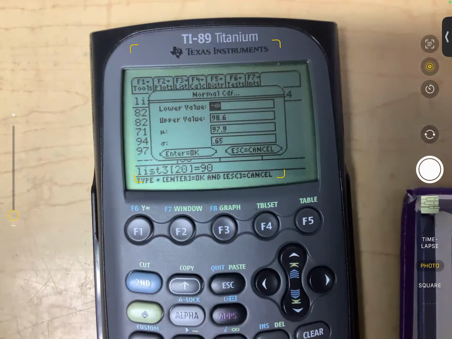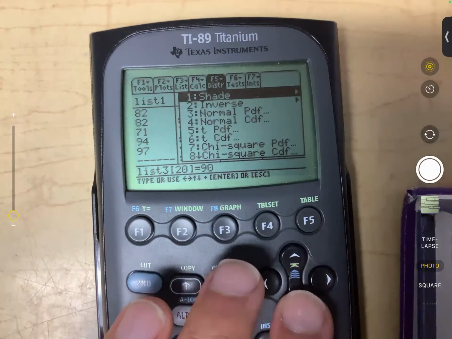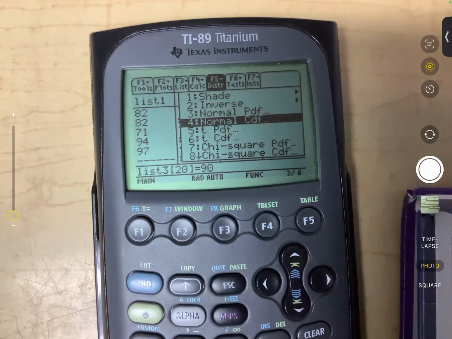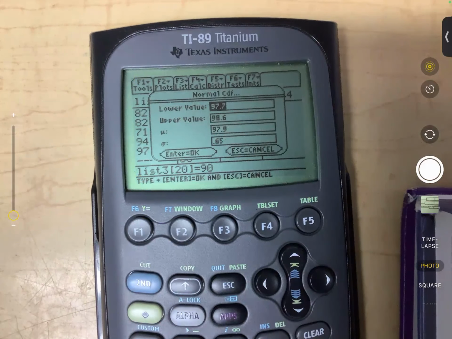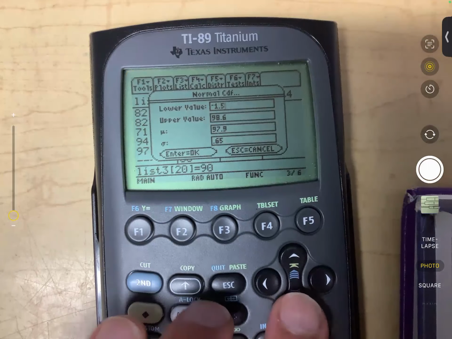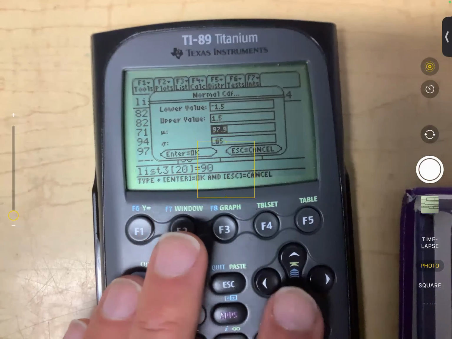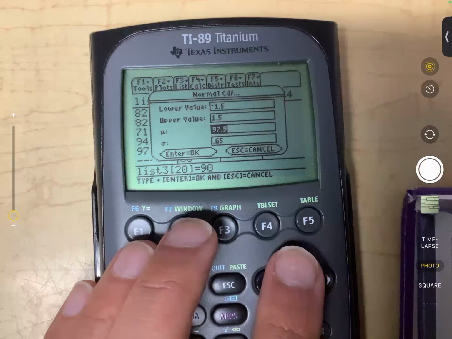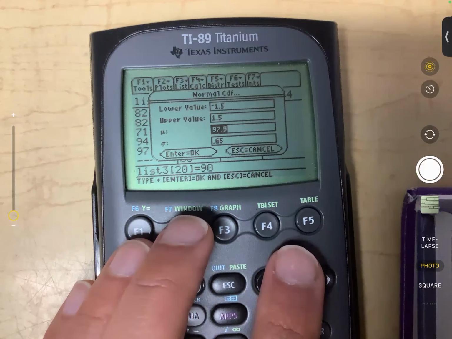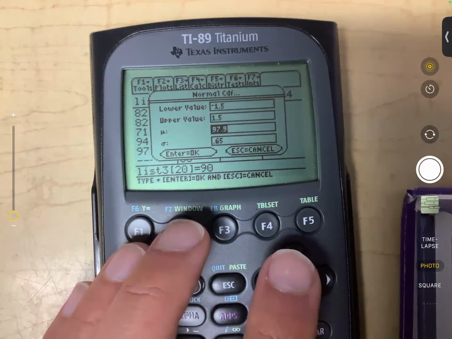It's also worth knowing that we could input z-scores instead of raw data. Maybe I want to know what percent of temperatures are within 1.5 deviations of the mean. I can directly put in z-scores as long as I then convert the mean and standard deviation to be the standard normal standardized distribution of z-scores. And of course, when you do this,